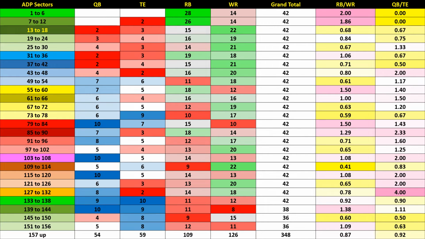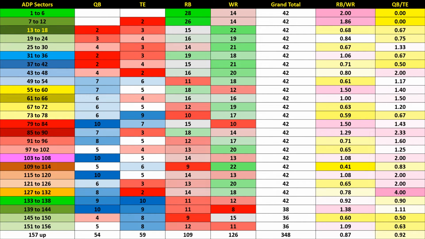But I think that is why people do more late round quarterback drafting, and we'll go into more. Needless to say, late round quarterback drafting implies you can wait later in your draft to get a viable quarterback, a top quarterback. So then if we go down, we see that there's been 2 quarterbacks picked over 7 years